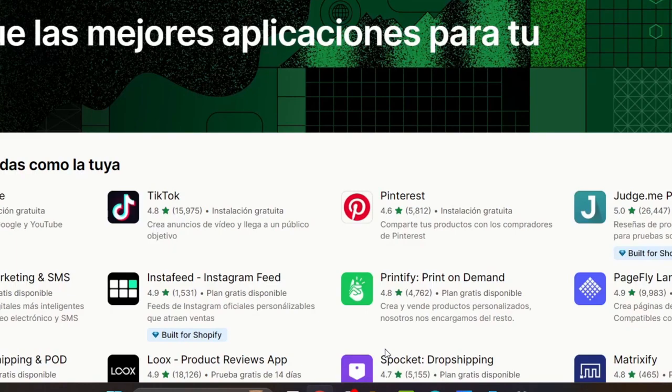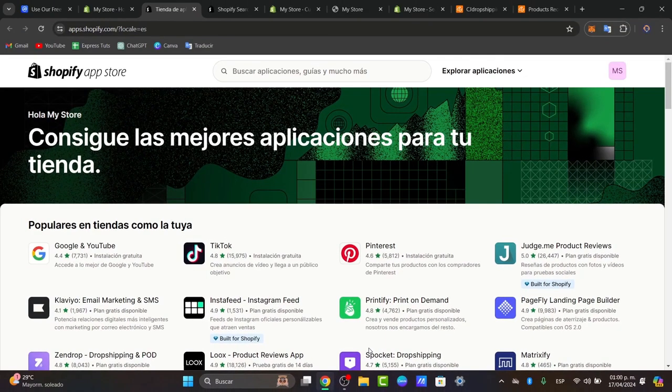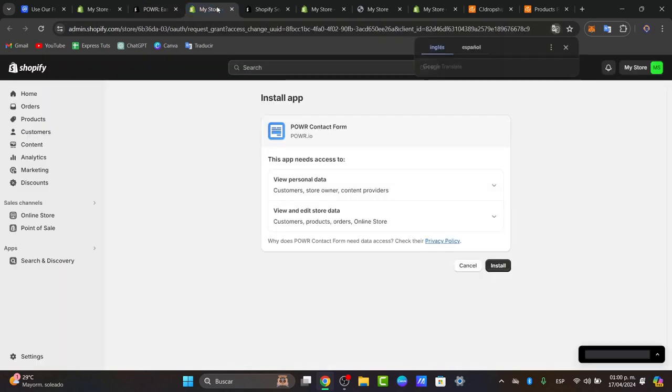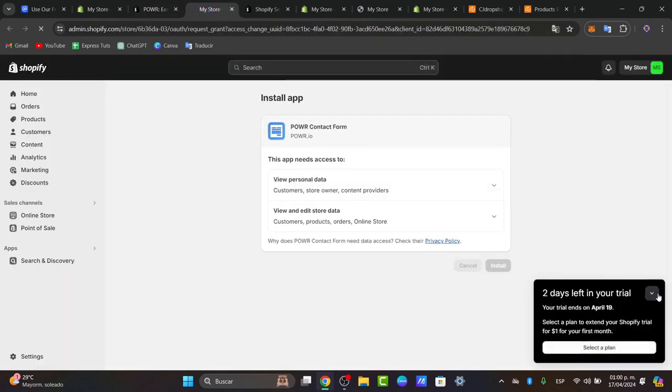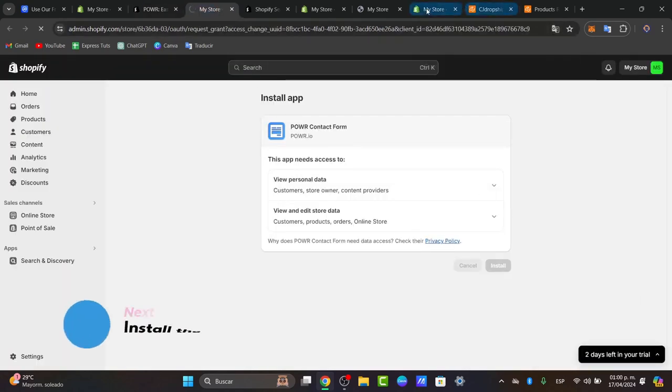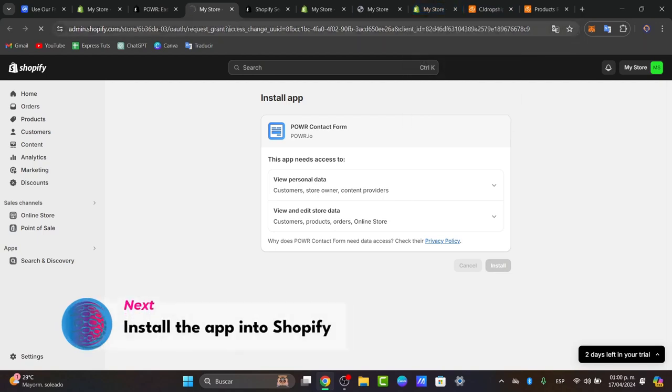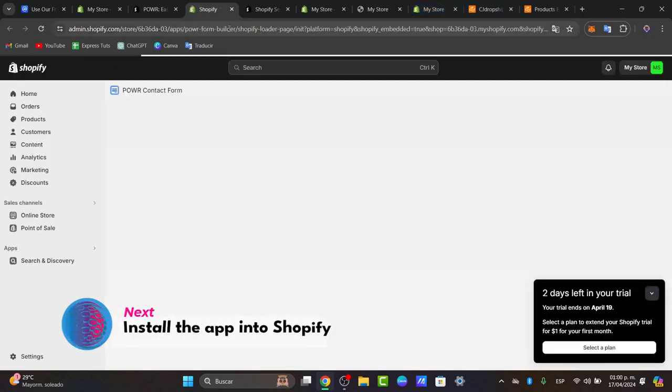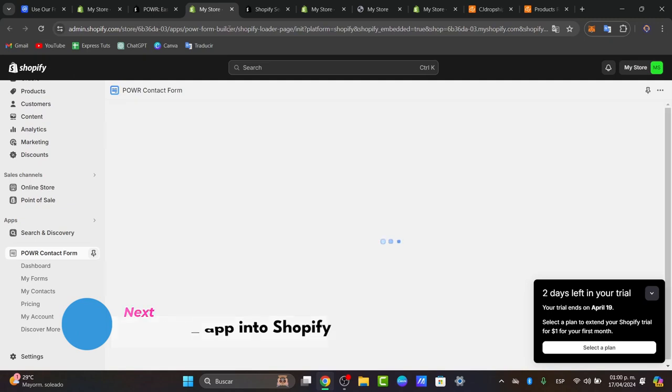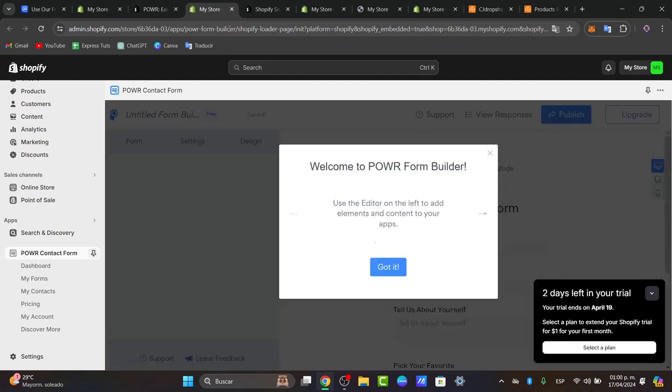The popular options include Form Builder, the Power Form Builder, and the Apps Form Builder, which can suit the actual needs of your form. Once you choose the application that best suits you, hit install. Once I make the quick installation of my application, I want to install the Form Builder application. Now we want to follow the prompts in the Shopify App Store and go directly into the dashboard